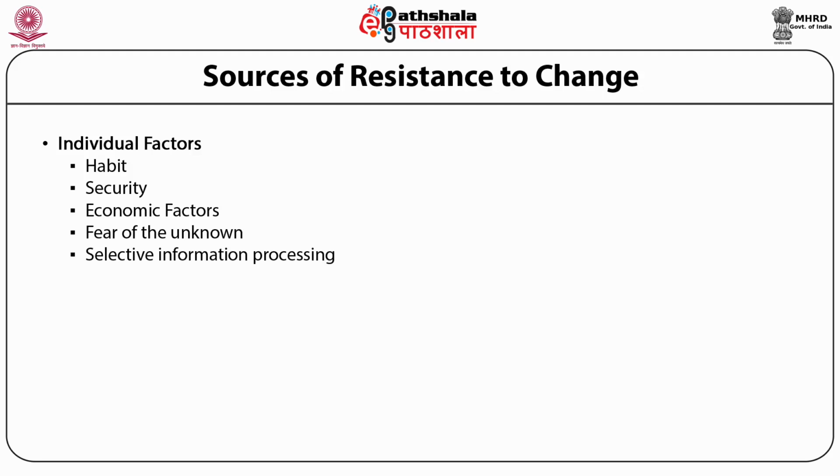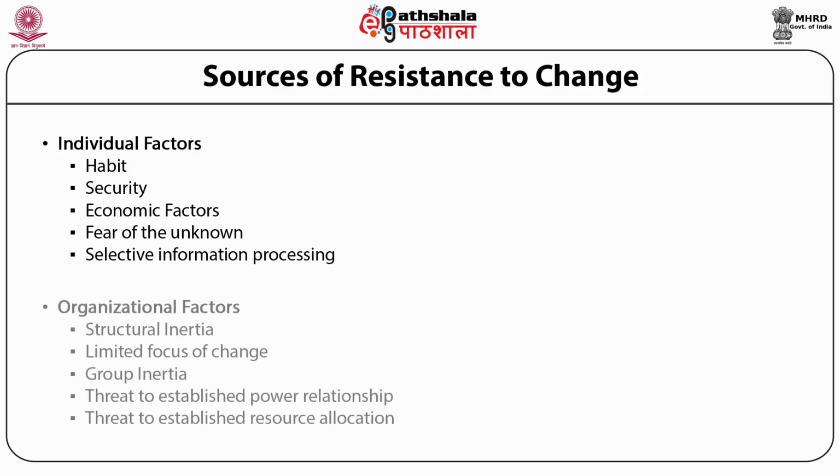And finally, selective information processing. People don't actually listen to what is required to be changed, and they do not appreciate the benefits of that change. At the organizational level, there could be structural inertia, where people don't want to change. There can be group inertia, where people come together and create an environment in which they really don't want to change. They don't focus too much on change, and they have a very limited focus on the benefits